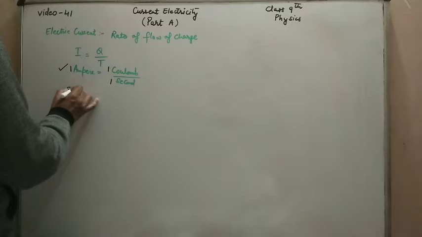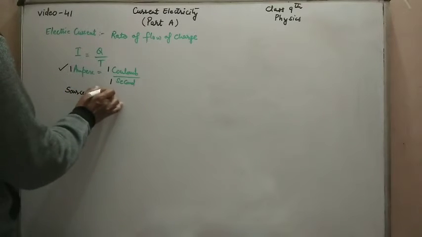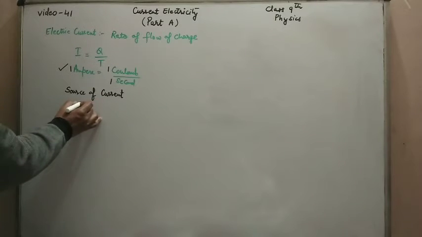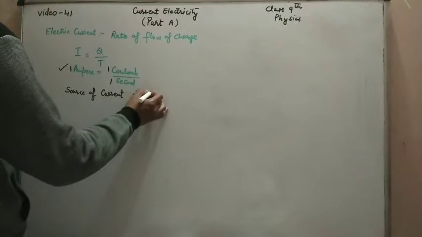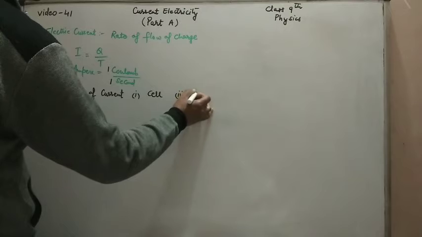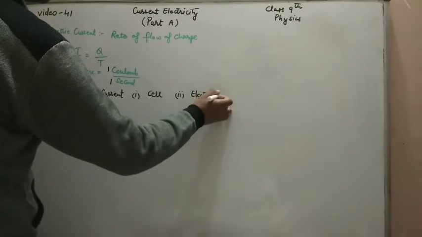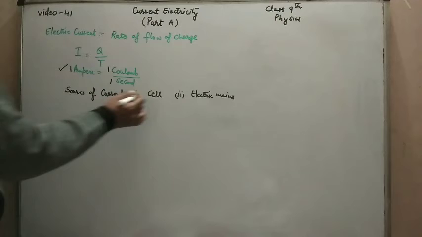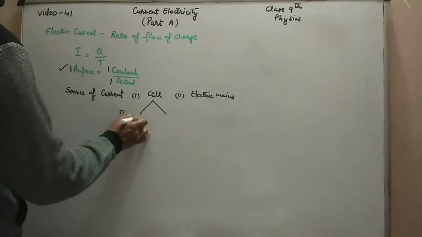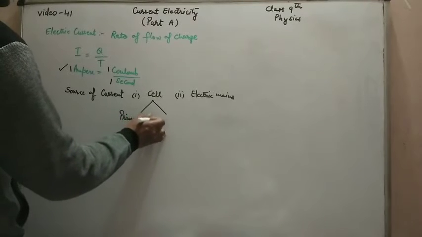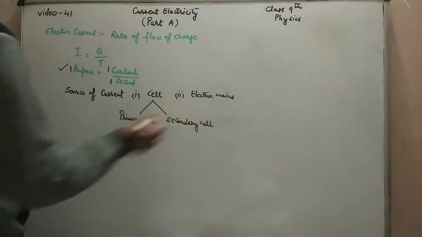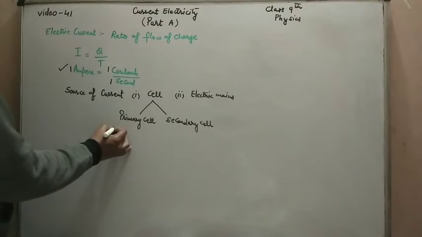After that, the sources of current: one is cell and the second one is electric mains. So cell is of two types. One is primary cell and the second one is secondary cell. Primary cells are those in which the chemical reaction